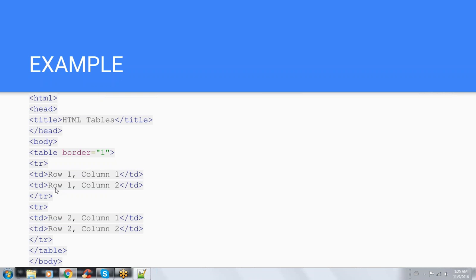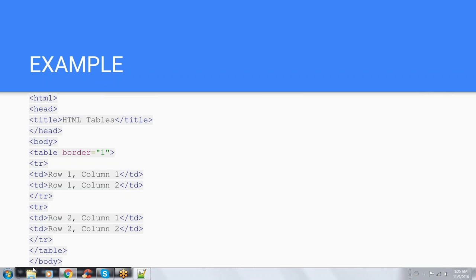And we created one more table data, row 1, column 2, and we closed it here. Then the table row is closed, and we open one more table row, and we started creating table data row 2, column 1, and we closed the table data, and we open one more table data, row 2, column 2, and we close the table data here, and the table row is also closed. In this table we have two table rows, and in each table row we have two columns,